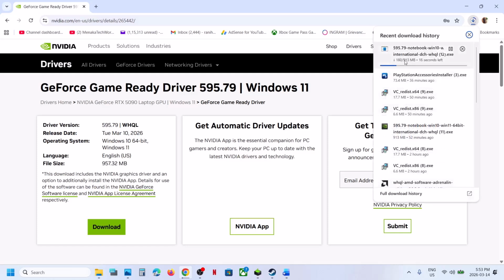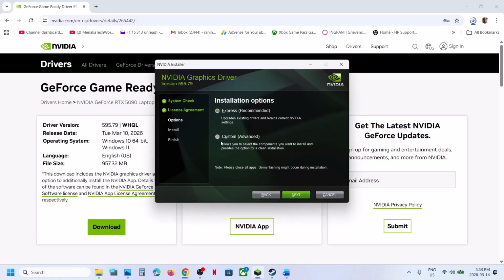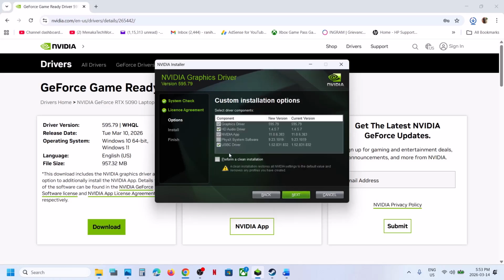Once the download is complete, you can run this exe file. Now, once you run the exe file, click on Yes to allow, click on OK, and then click on Agree and Continue. Select Custom option and then click on Next, and then put a check on the box which says Perform a clean installation. A clean installation restores all NVIDIA settings to default value and remove any profiles you have created. So if you want to perform a clean installation, you can put a check on Perform a clean installation,